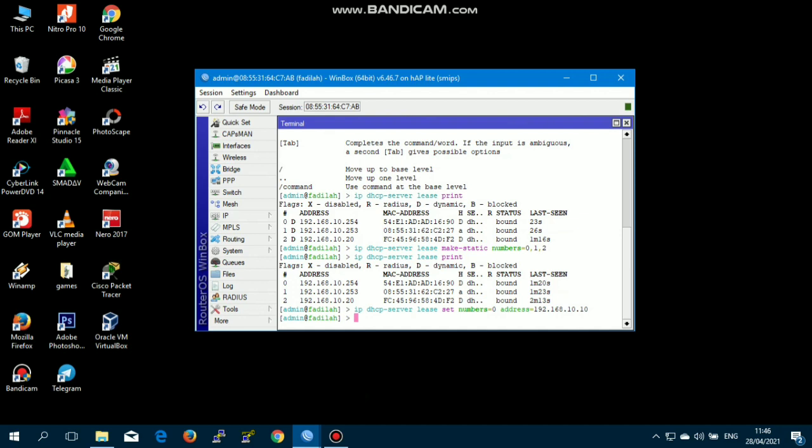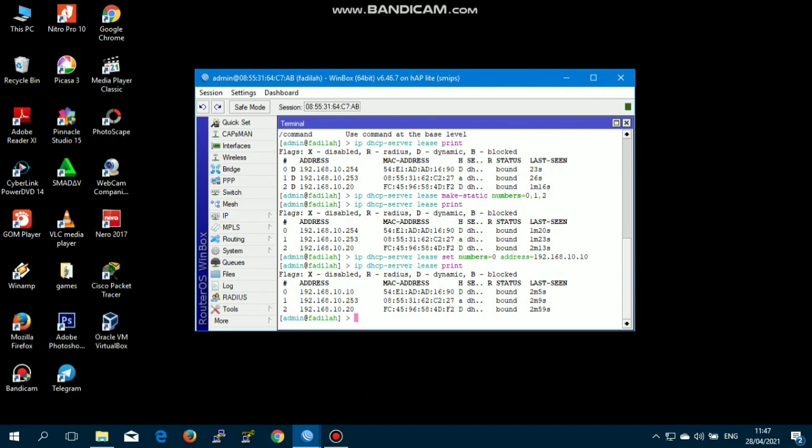Don't forget to check the configuration results with the command IP DHCP server lease print. If we look here, we have success in changing the IP address of each device to static.